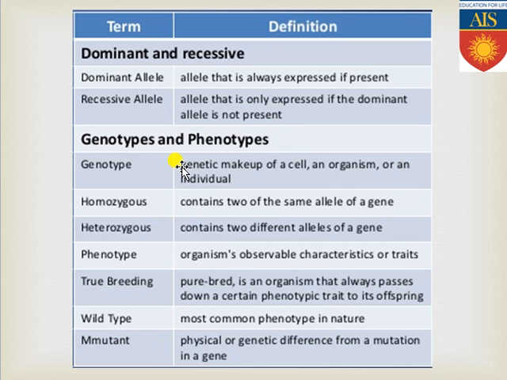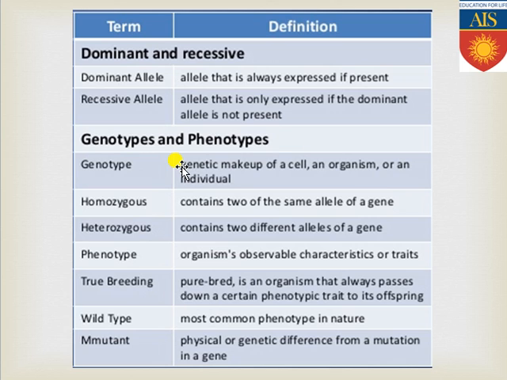Now there are the last three definitions, the first being true breeding. True breeding means the organisms are pure breed. Suppose an organism always passes down its certain phenotypic traits to its offspring, exactly the maternal feature going to the next generation offspring. Obviously that breed will be considered a pure breed. Why? Because there is no such fertilization or reproduction taking place directly, and combination of the characteristic features is not taking place. So for that reason they are true breeding, no variations are coming.